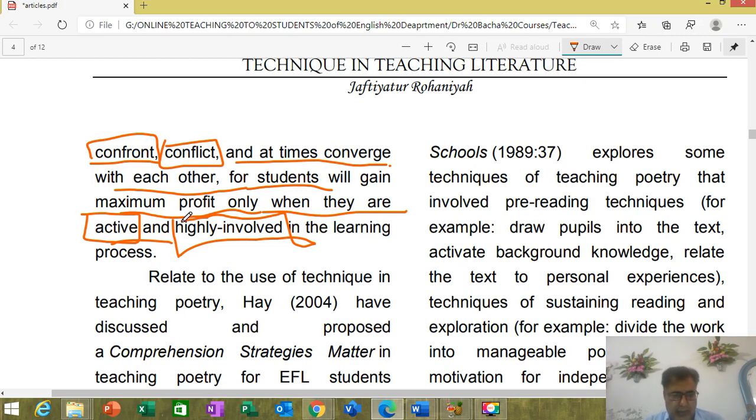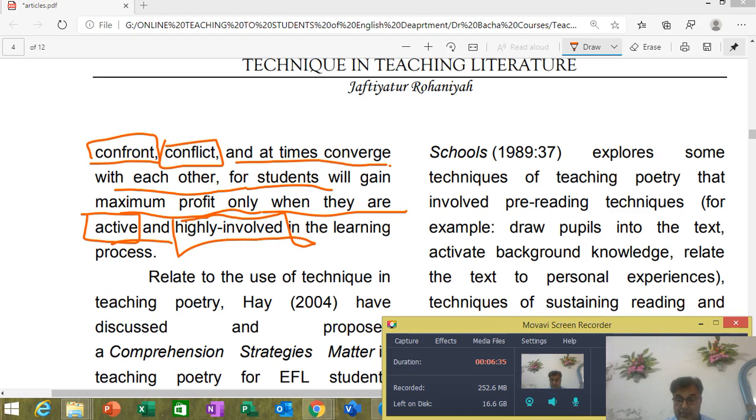So obviously, the ideas which are brought to the language classroom or even the literature classroom, you may not be at ease with them, right? You may not be at ease with them. So therefore you have to